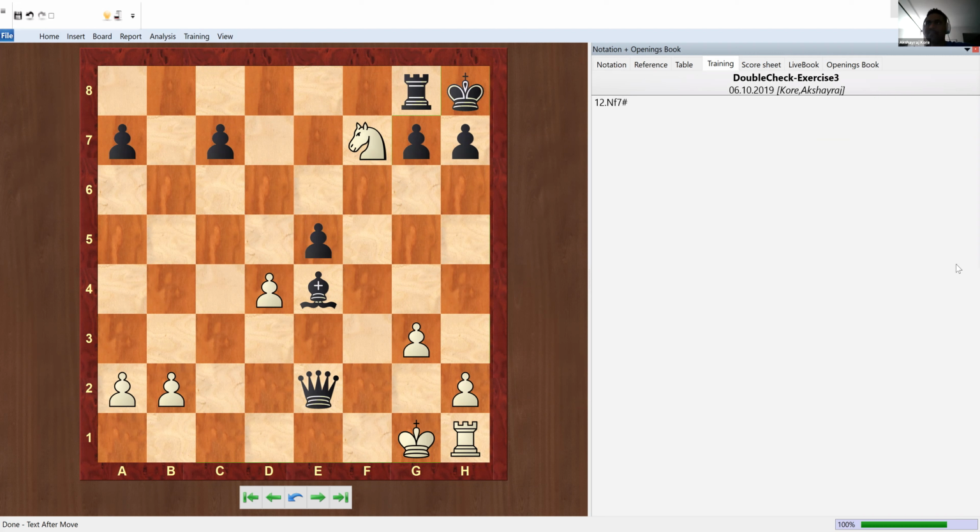But I will repeat myself again, which is that you always have to consider the different options your opponent can play. So after queen g8 check, it is very easy to wish. It's wishing at this point. You're wishing that your opponent plays rook into g8 and then you get a checkmate. So it's wishing, or it's daydreaming, or you're being extremely hopeful,